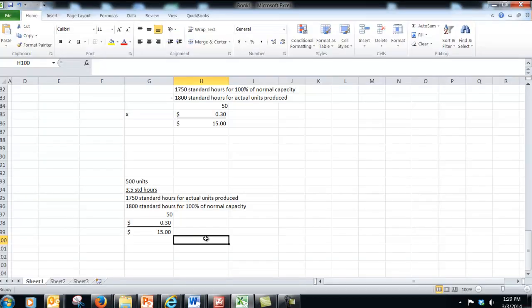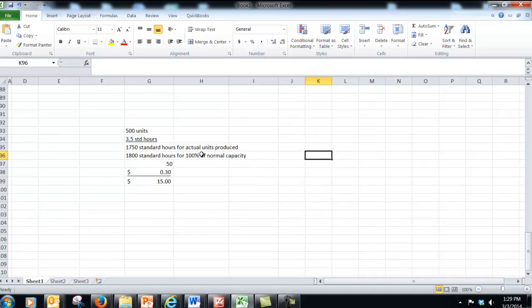So let's see how we'd work this. The easiest way to do this is to look at the difference between the standard hours for the actual units produced and the standard hours for 100% of normal capacity. So the difference between those two is a total of 50 hours, and we're using this 30 cents per hour figure that we're given. So if we multiply the difference in the hours times the 0.30, the 30 cents, we come up with